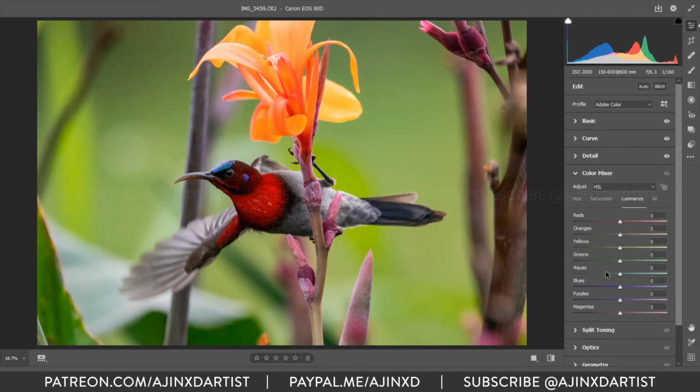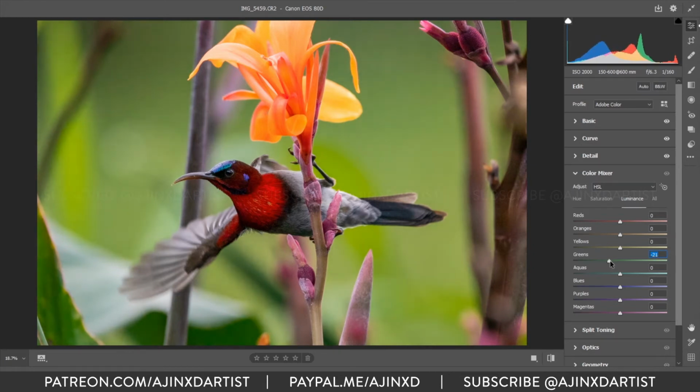And then there is color mixer, which I don't usually use. So in this image particularly, you can see the background is quite well lit, probably better lit than the subject. So there's an option here called luminance. If you adjust individual colors, like for instance we have green in the background, if I reduce the luminance on green, the image will get darker, which is a nice tool for any image, probably landscape, where you can adjust the sky colors and whatnot.